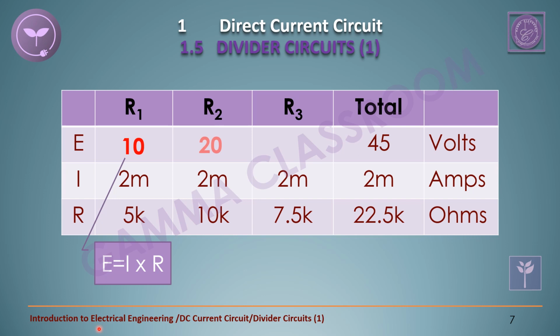Similarly, for R2 we get 2 times 10, which is 20 volts. And for R3, 2 times 7.5 equals 15 volts. We finish all the calculation on this table. Let's review some important points on series circuits. The first one